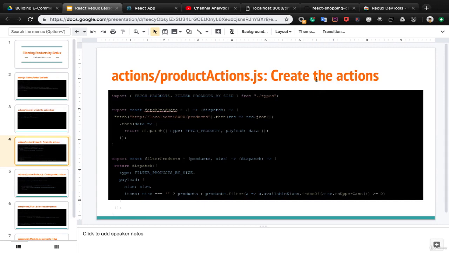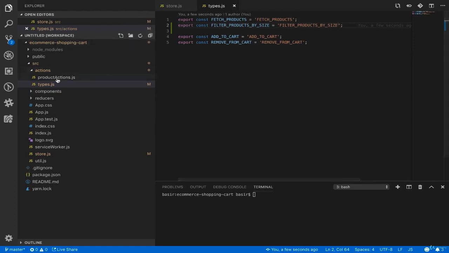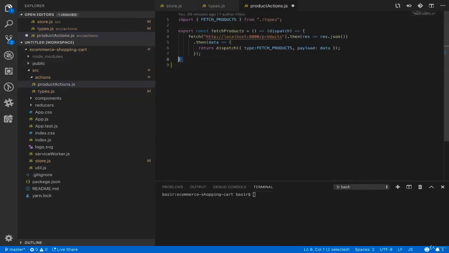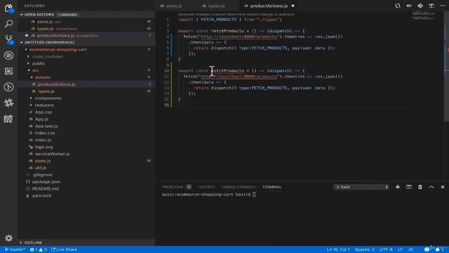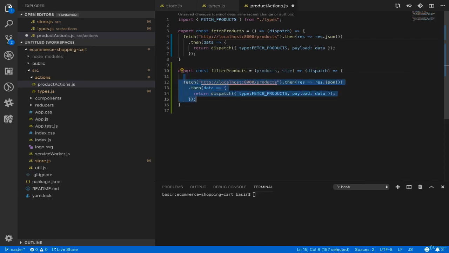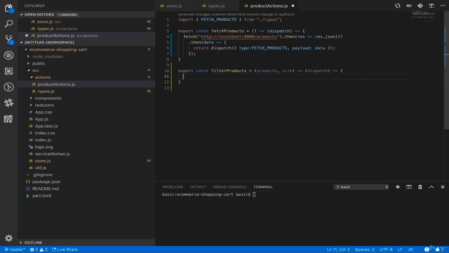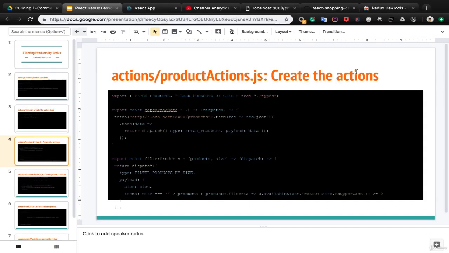Next step is to create the relevant action for filter by size. What we want to do is to create the filter products action. So open product.action and you can duplicate fetch products and rename it to filter products. Filter products takes two parameters. The first one is the list of all products and the second one is the size, which we want to filter products based on. Inside that, let's get rid of this code,